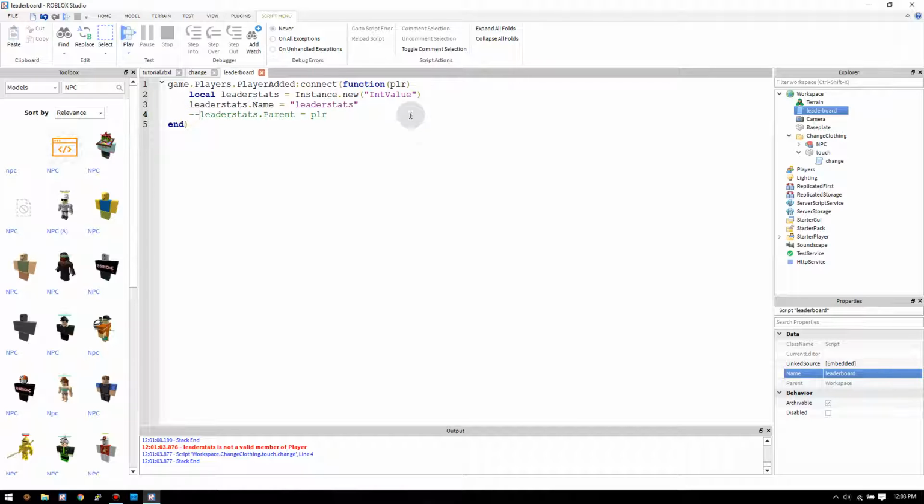Now, instead of doing this line, we could also just do this, but it would put it in the player and then give it a name in order. So I'm just going to do it the other way. But that method that I just showed you would work. So I'm going to put it in the player, and then we're going to say local cache is equal to Instance.new. We're going to make this also an IntValue, and we're going to put it inside leaderstats. Then we're going to say cache.Name